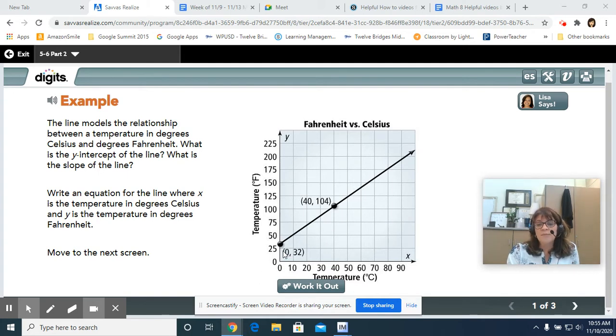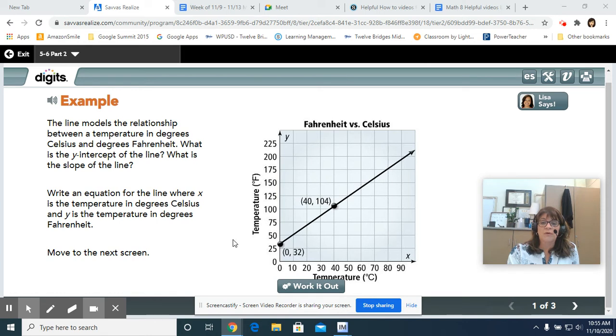The y-intercept is, well, the numbers say 0, 32. So that means that this dot, even though we can't tell exactly, is at 32. So when they give you the coordinates, please use that information. Also, the slope on this one could be tough to figure out. But you have a coordinate pair. You could use the formula that you know, y2 minus y1 over x2 minus x1,